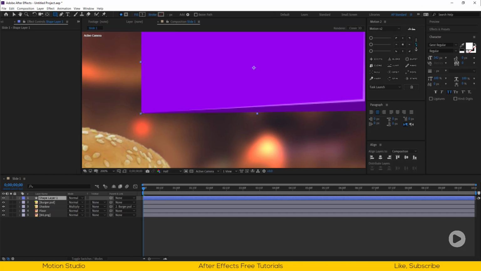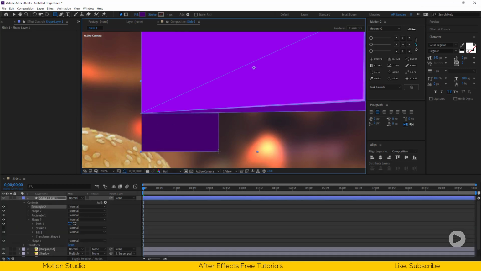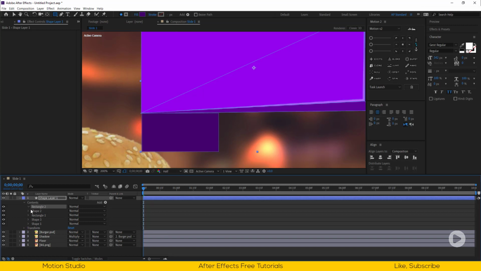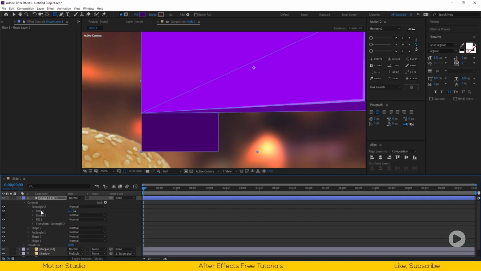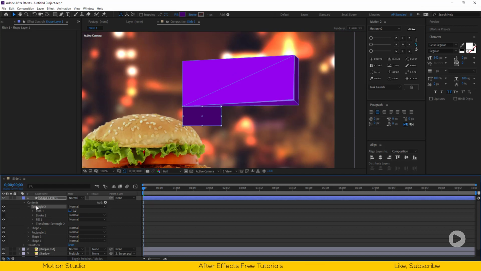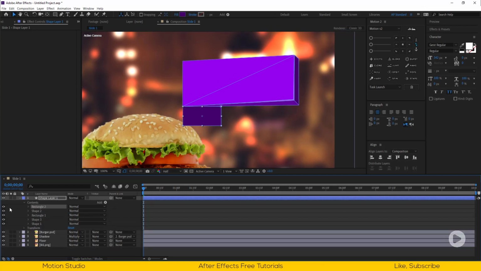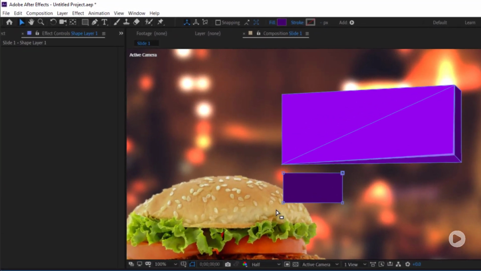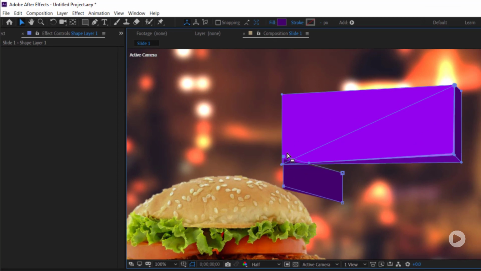Make another rectangle. And convert this into a Bezier path, so we can play with the shape. Select the left both points, and adjust something like this.